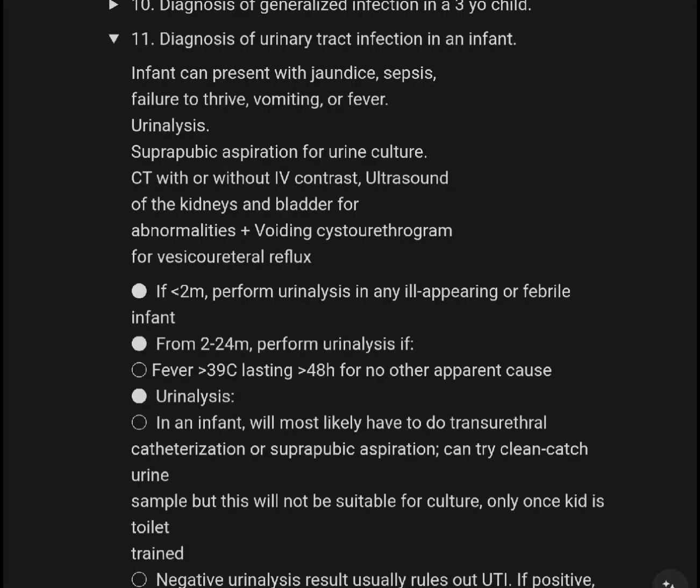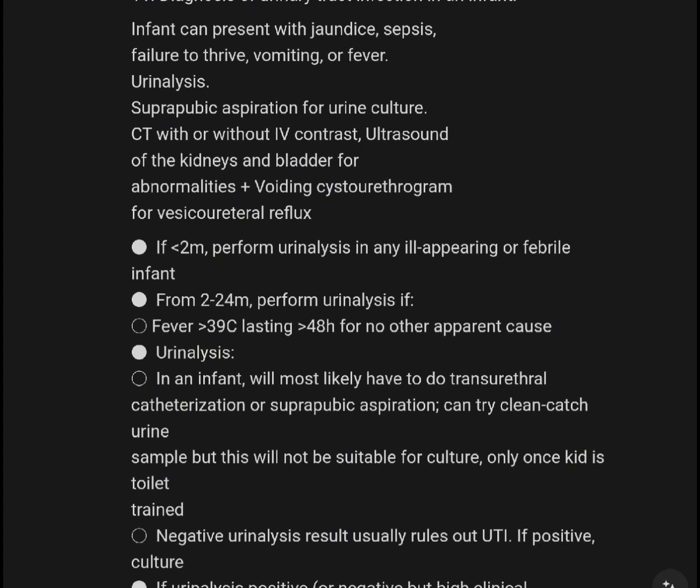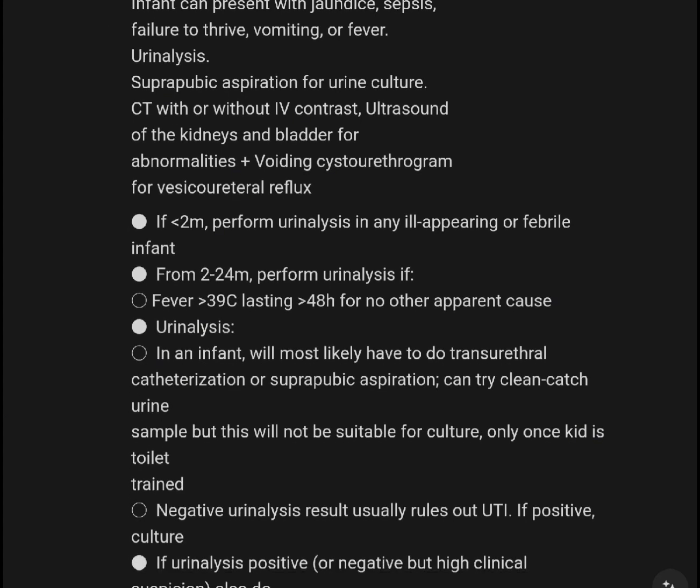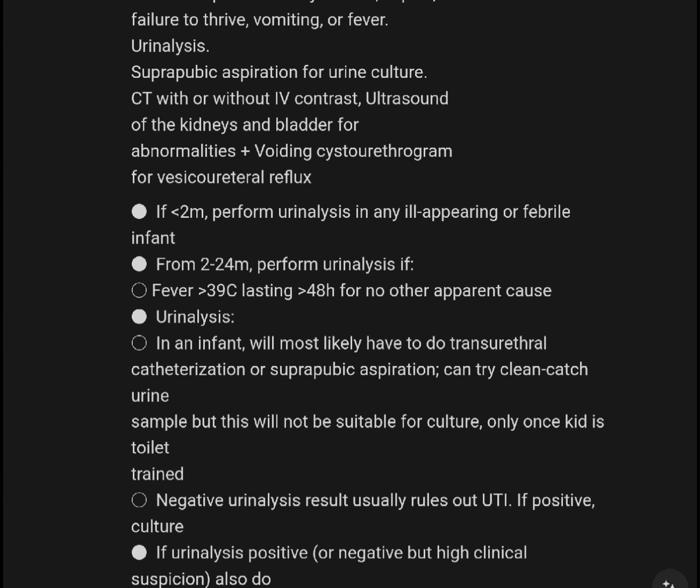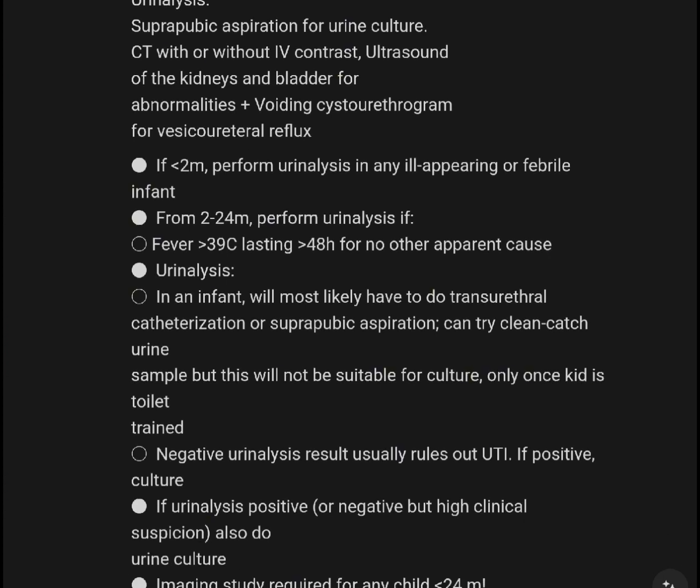Diagnosis of urinary tract infection in an infant. Infants can present with jaundice, sepsis, failure to thrive, vomiting, fever. Workup includes urinalysis, suprapubic aspiration for urine culture, CT with or without IV contrast, ultrasound of kidneys and bladder for abnormalities, voiding cystourethrogram,